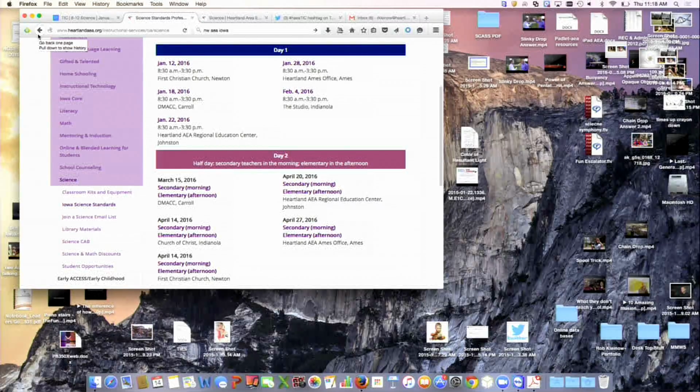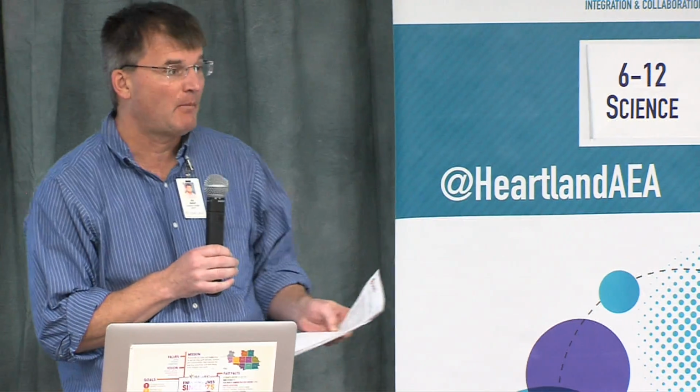Also, if there's anybody who does anything with watersheds or water quality, I'm part of a grant called Model My Watershed through the Concord Consortium. And there's a $1,000 stipend for 3 days of work down in Kansas and then some follow-up during the year. So I do have applications if anybody's interested in that. It provides a tech tool. You get these probes to test water quality, and it hooks you up to a Model My Watershed site where